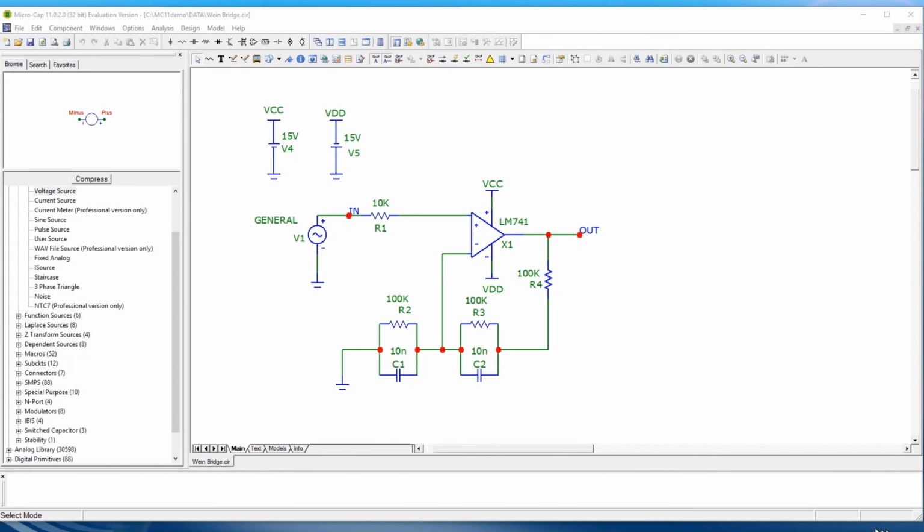Here's another circuit that can be described as a Wien bridge amplifier. We'll use AC analysis to see how large the gain is. It uses an LM741 operational amplifier, which is one of those specific components available in the evaluation or demo version of MicroCap 11. Notice we've labeled the in and out nodes, and we've used the tie connector mentioned earlier in